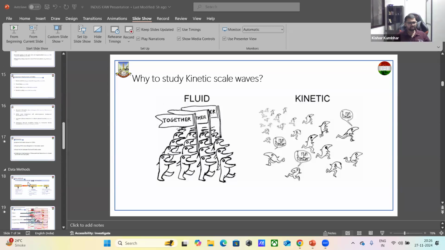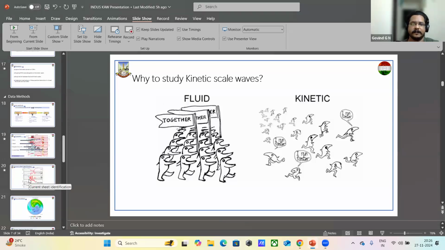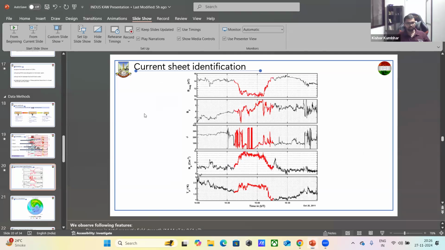Okay, maybe for the current sheet, the panel. I think I have given the criteria, in the sense we observe that the